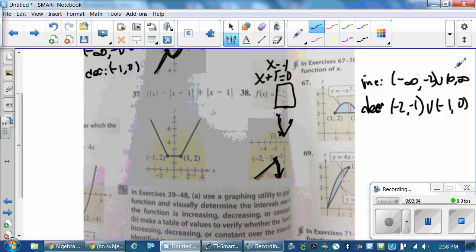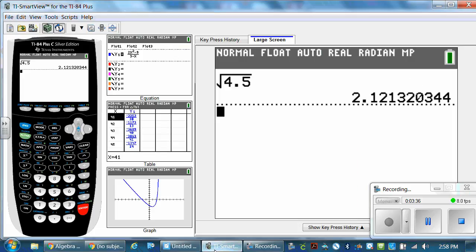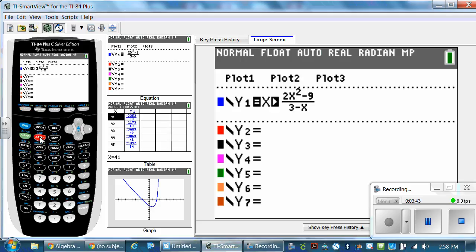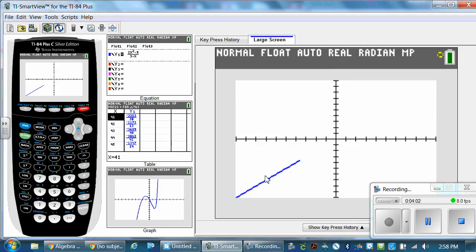40, they want me to use a graphing utility. So I'm back to my calculator now. In 40, they want me to graph just y equals x and tell them when it's increasing. Clear out what's there. Y equals x. It says determine the intervals over which the function is increasing, decreasing, or constant, and make a table of values to verify whether the function is increasing, decreasing, or constant over the interval that you identified. If you take a look at this graph, looks to me like this is increasing all the